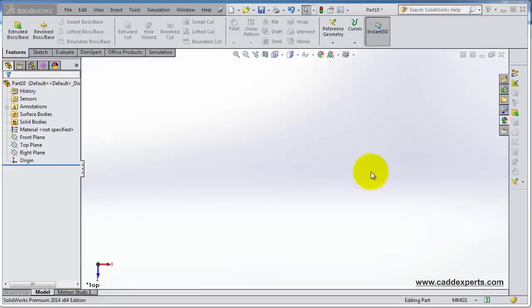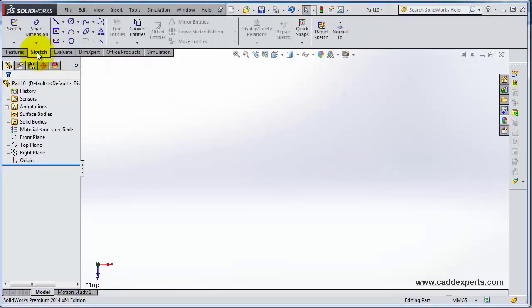Tutorial 7, we're going to continue talking about the sketch tools. So let's go to the sketch menu and let's try a new way to start a sketch. Now we are not in the sketch mode, and you notice not all the sketch tools are activated. Let's select a slot